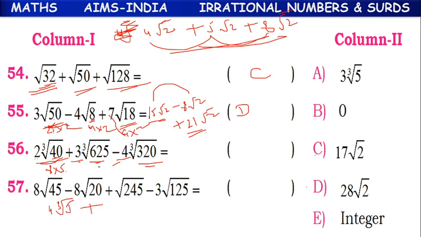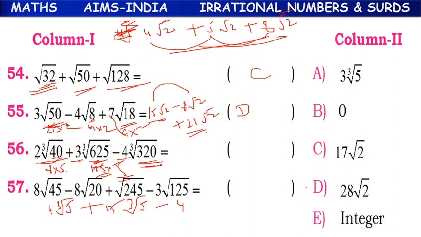5. Plus 625. 625 means 25 into 25. 5 into 5, 25. 25 into 5, 125. So we can write 625 as 125 into 5, which is 5 to the power of 4. 125 stands for 5 cube. So one 5 will go out. 5 into 3, 15. So what will remain inside? Cube root of another 5 will remain. 15 cube root of 5, minus